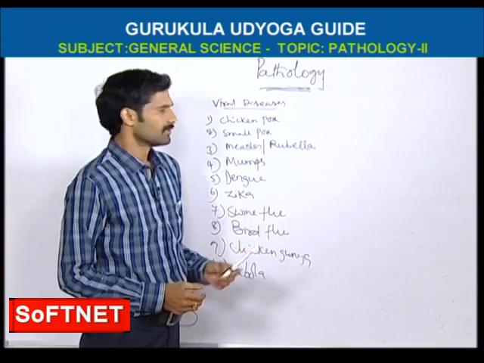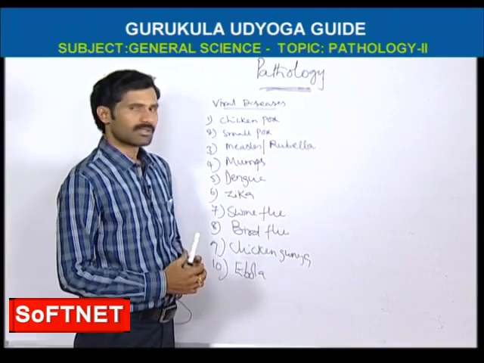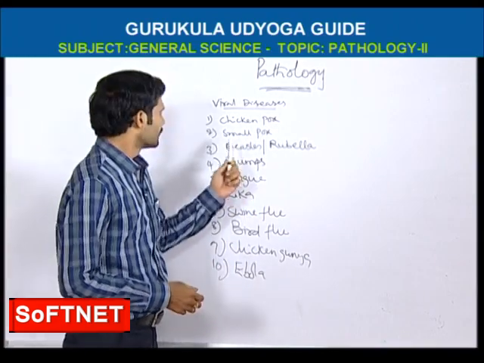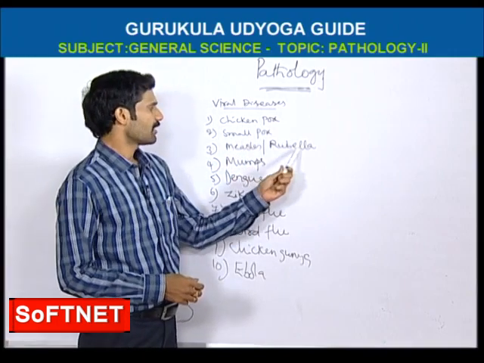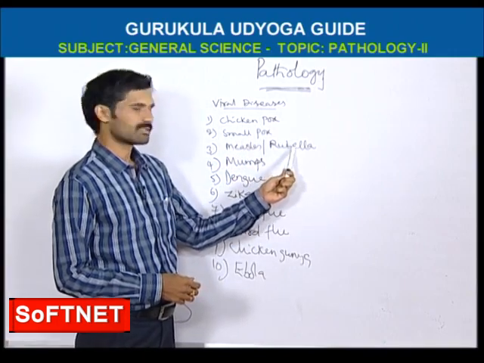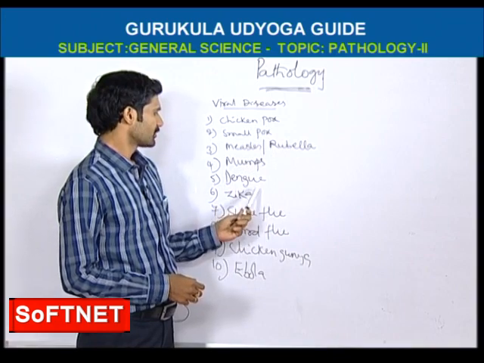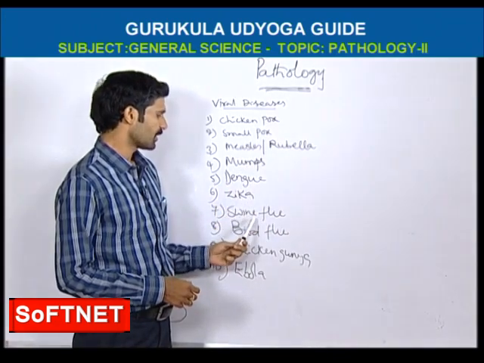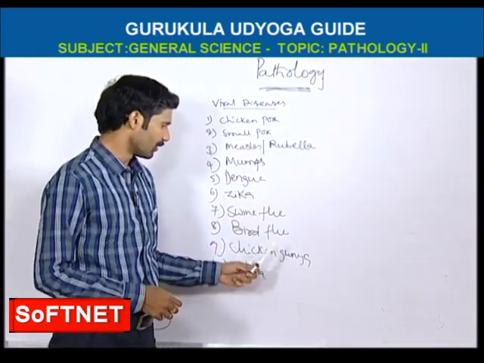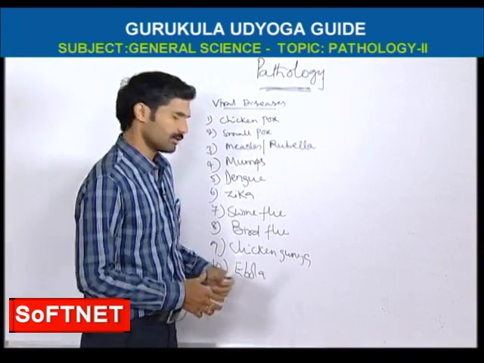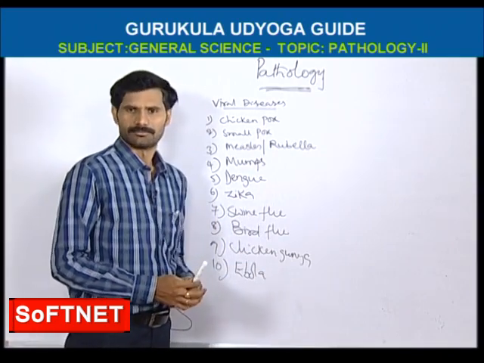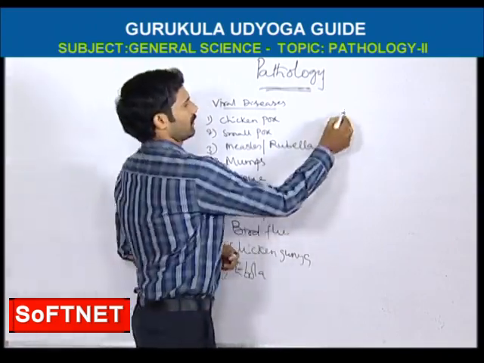Viral diseases. Important viral diseases are chickenpox, smallpox, measles or rubella, mumps, dengue, Zika, swine flu, bird flu, chikungunya, and finally Ebola. First viral disease,